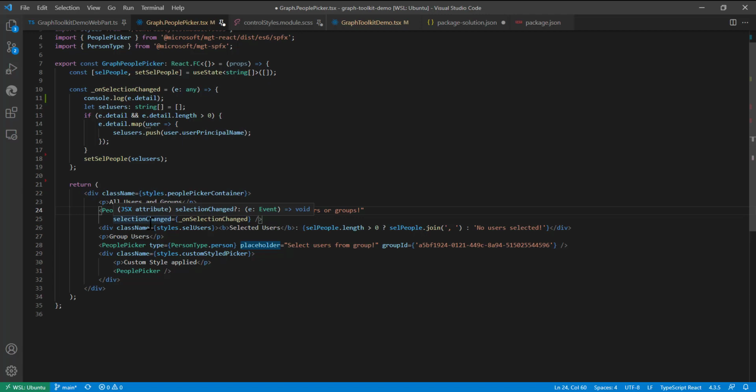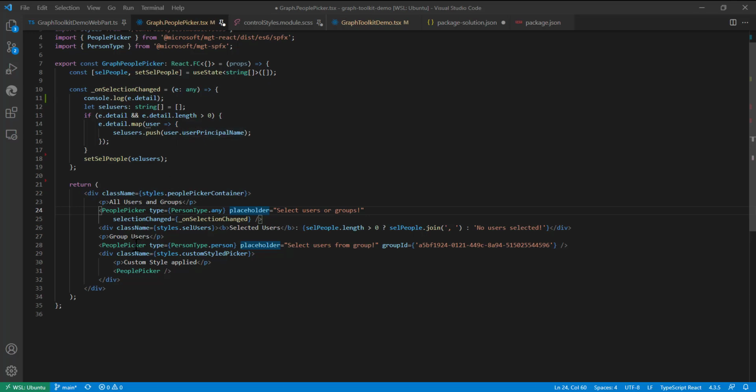So what are all the data that you can get based on the selection? This is the event that will be triggered once the people or groups are selected. I have created a selection changed event handler where I have just passed in the event. This event has an attribute called detail, which lists a few properties based on whether you have selected people or groups. Some may have common properties, and some of the properties are unique to people or groups, which I'll show in the later part. If the event detail exists, then I have looped through the selected users or groups, and then I have just displayed their user principal name.